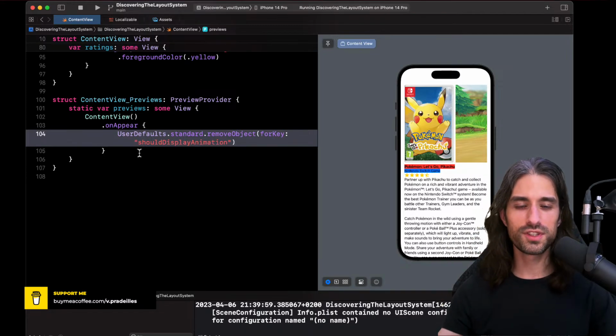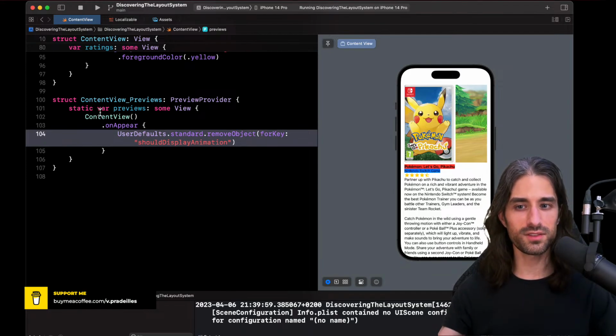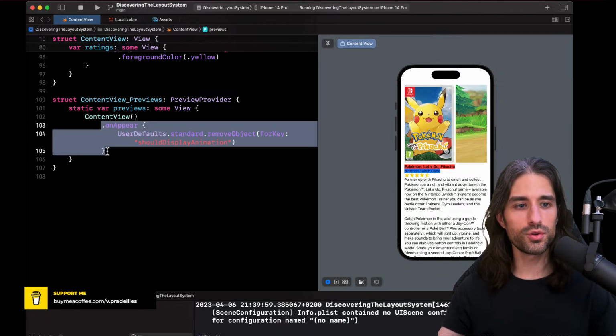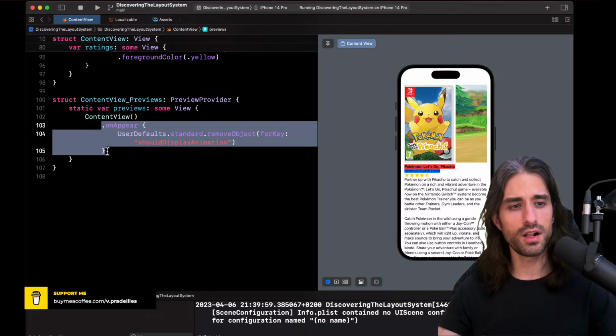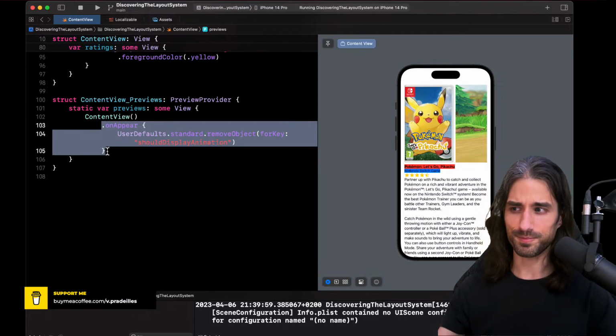This might not be a use case you will need, but what I wanted to highlight is the fact that when you create a preview, you can also use this onAppear modifier on the view you create in the preview, and you can use it to set up some things if it makes sense to make the preview experience better for you.